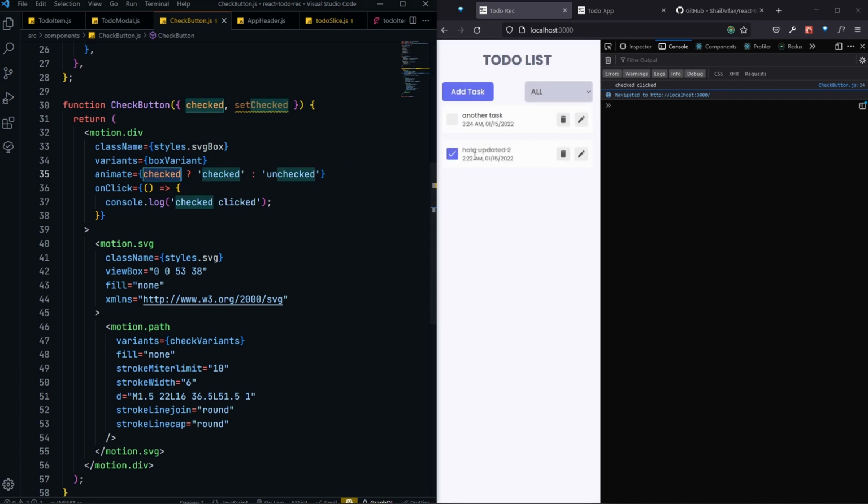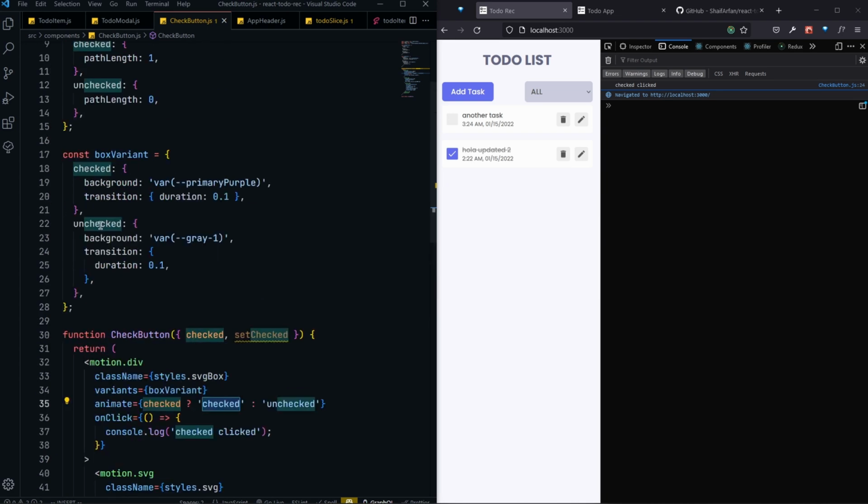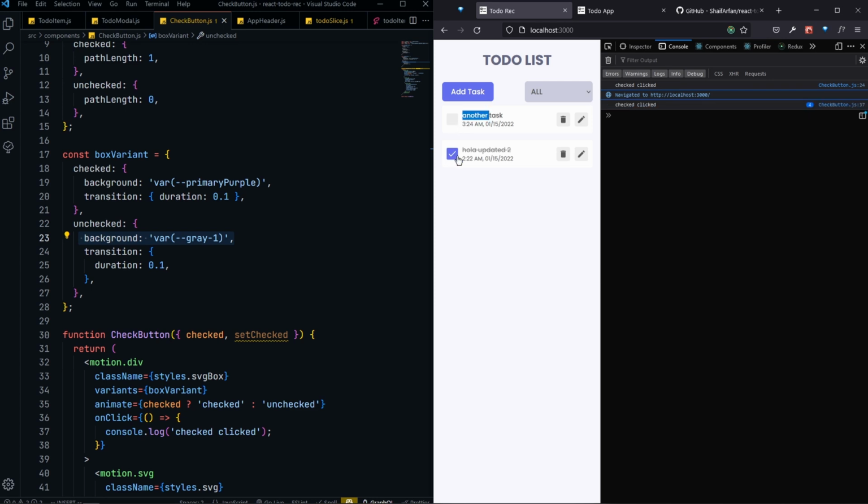And whenever the checked is true, we are saying that the variant style that we want is the checked one, which means the background will be purple, and the duration, as you saw, was 0.1. And whenever it is unchecked, it will give the background gray. As you can see here, the background is gray. So great, now we have it, but whenever we click, we will not have any kind of animation